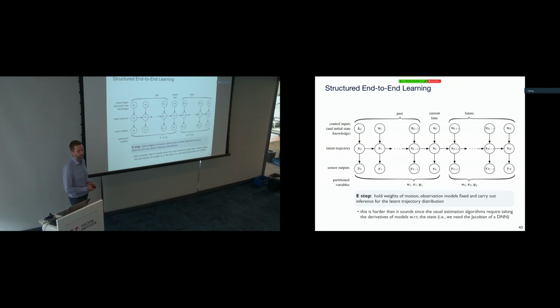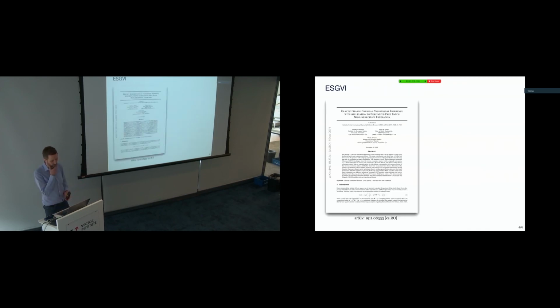If we start thinking about maybe using something like a deep neural network to express what those models look like, in the E step, we really don't want to have to take the derivative of a deep neural network with respect to the latent state in real time. That would be an expensive operation to do. And so we started thinking about how could we avoid that problem so that we could just do forward passes of the neural networks and basically leverage the hardware accelerated inference stage of using DNNs. And so we put a paper out in the fall proposing a new inference framework that we call exactly sparse Gaussian